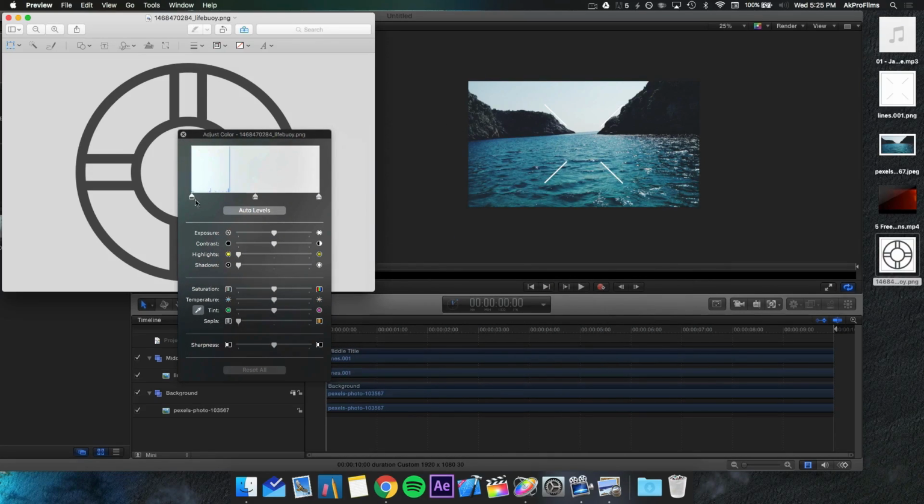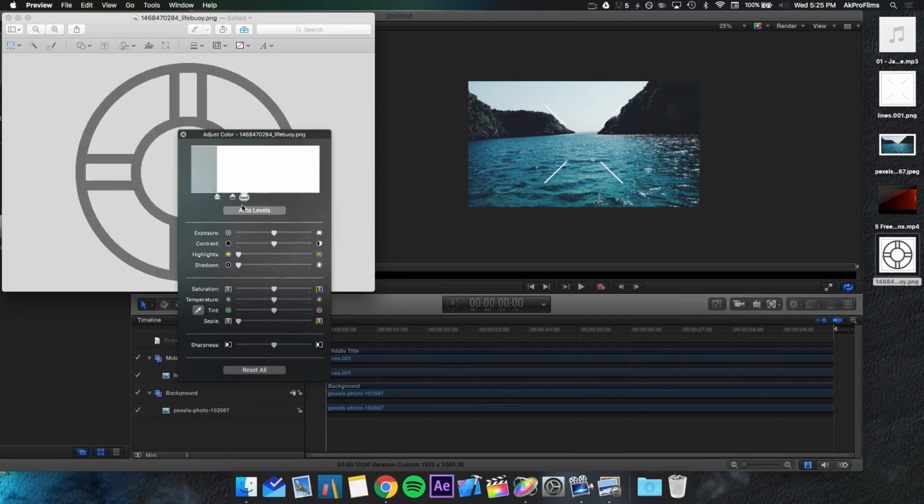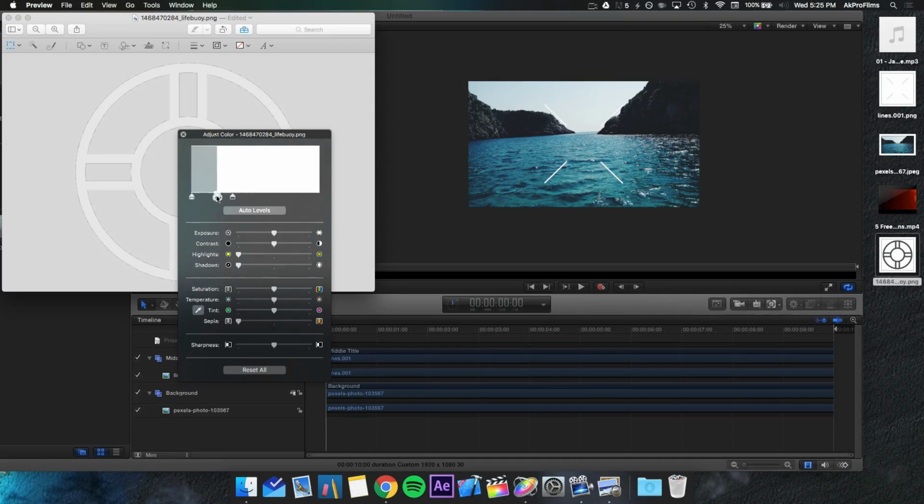And then what we want to do is let's drag this black tab over to the right, now move our white tab all the way to the left, and then let's mess around with this a little bit more. Click on the gray, maybe move that over to the left. Maybe move the white over a little bit, move the black more to the right. And there we go. We converted it from a light gray to like a white color, which is